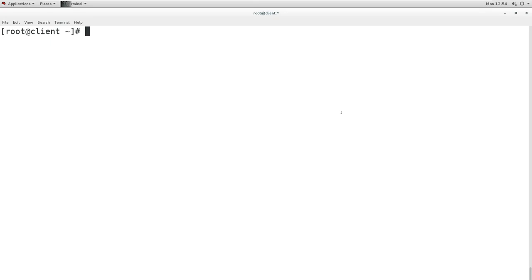It will not use the host file by default. So if you need to use the host file, then you have to add a setting into the main configuration file. But this is not good, because if you have lots of users and lots of machines, it is not useful, because you have to make an entry into each and every host, for every client. So that is not good.